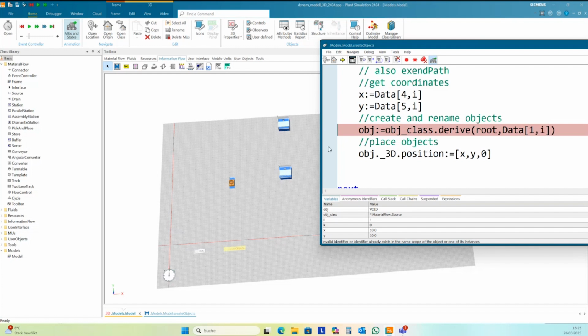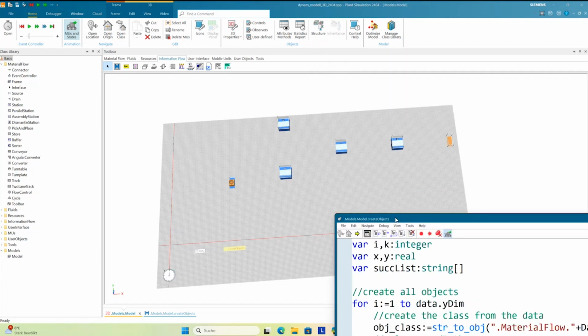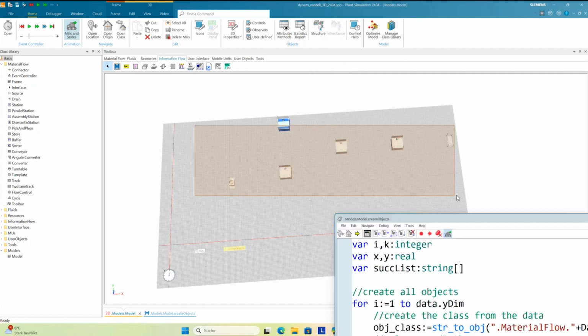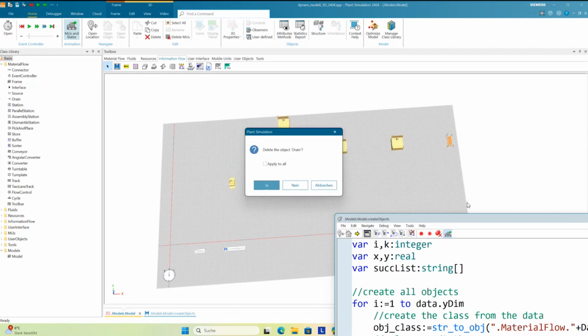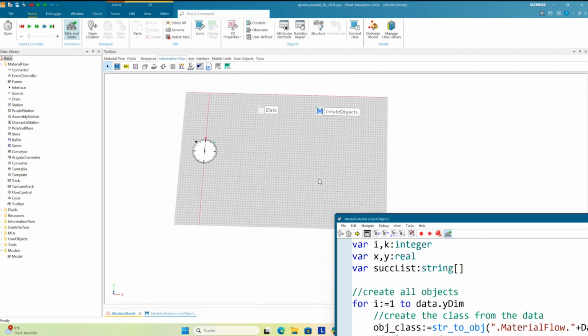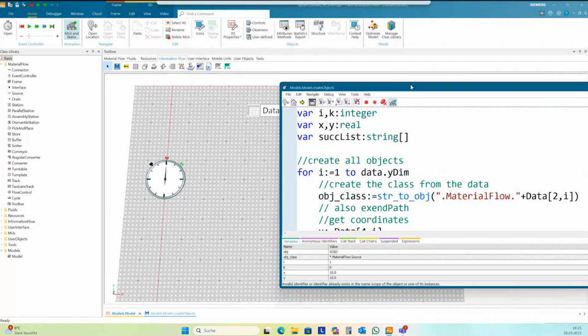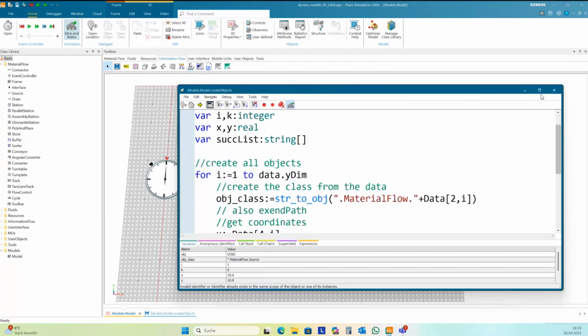So before we start this method, we need, as a first step, to delete all old stations in this frame, and this we make later. So I delete all the objects manually, and then I can continue with my method.